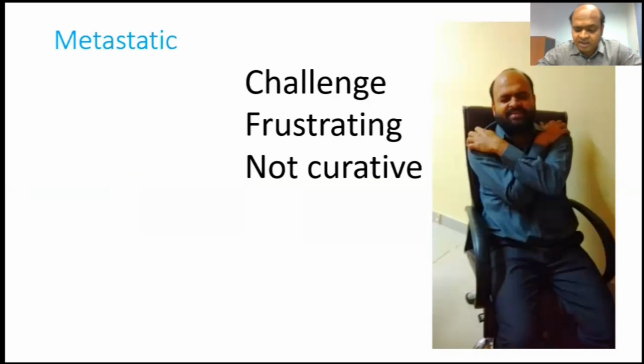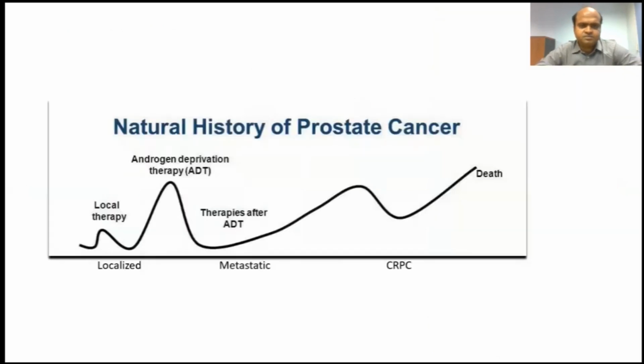And this is a really bad disease to have. The early and intermediate prostate cancer has good outcome. However, the metastatic prostate cancer has really bad outcome in the long term. So I'd just like to talk a few words about the natural history of prostate cancer. If you see this image, in a localized disease, the prostate cancer can be managed with local therapy. Subsequently, when it becomes metastatic disease, the most important aspect of the treatment is